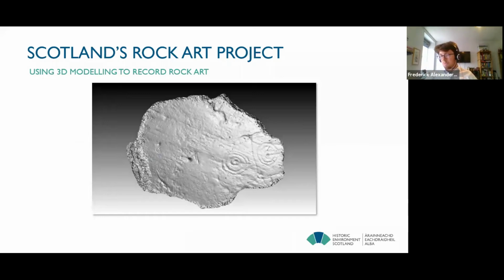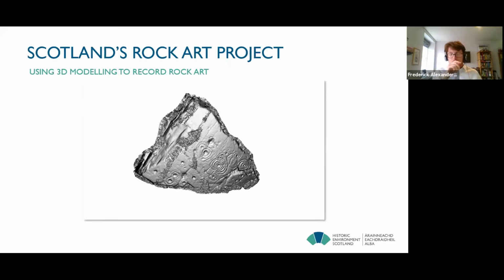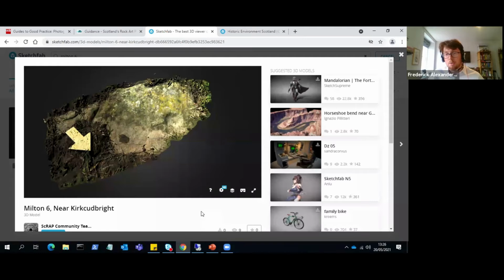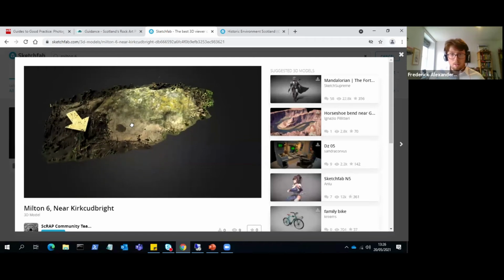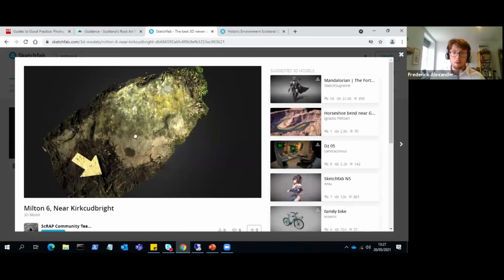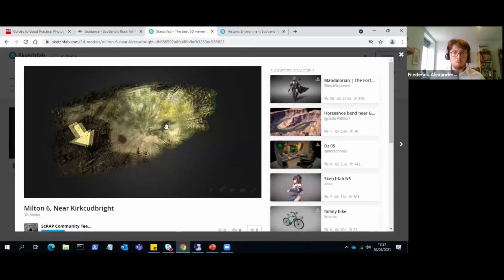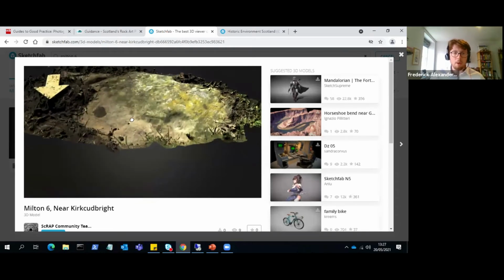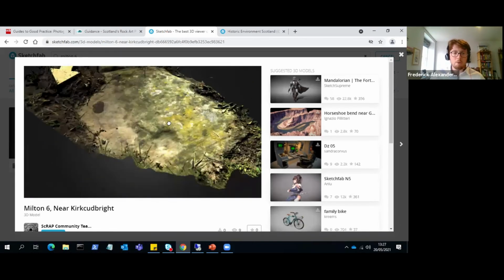Here's another example of some more rock art just here, visualized in a 3D model. And here is another one just here. What I'm going to do is just exit just now and show you how we've been making this available publicly. We use the website Sketchfab to share these models. And you can see previously the one that I had demonstrated from the photographs is now available for public access online. We've used a little bit of different lighting here to emphasize some elements of the panel, and you can engage with it as a